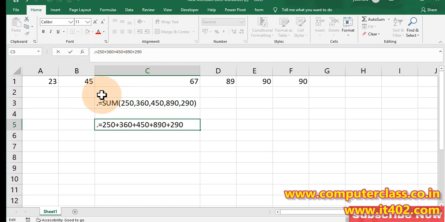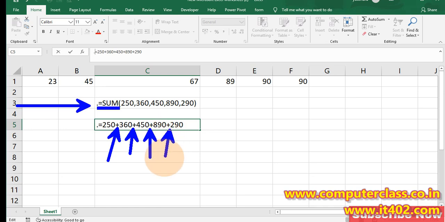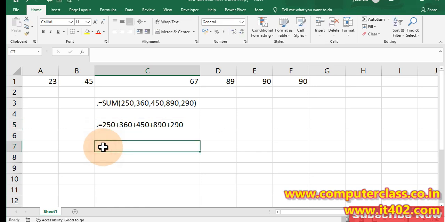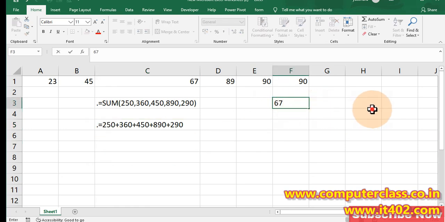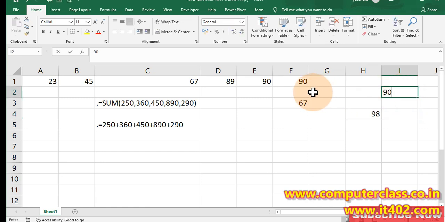So in the first one, we mentioned equal to sum, the fixed predefined formula, but here we did not use any Excel formula. We are using our mathematical operators, like that. But this becomes possible with the help of this particular symbol, and that symbol represents that whatever we are giving, we want to do calculation on that particular input. Again we can use this thing like that. Suppose we have already written numbers in some cells.